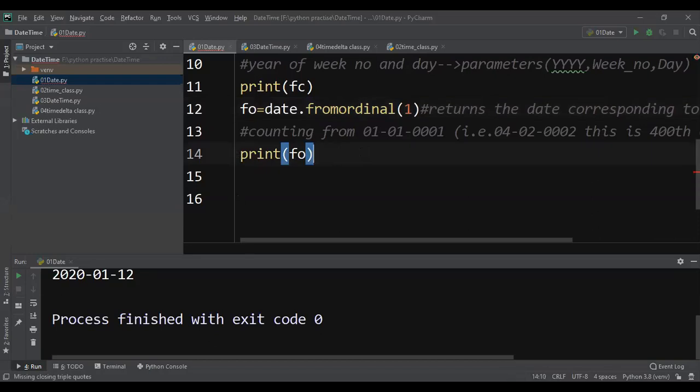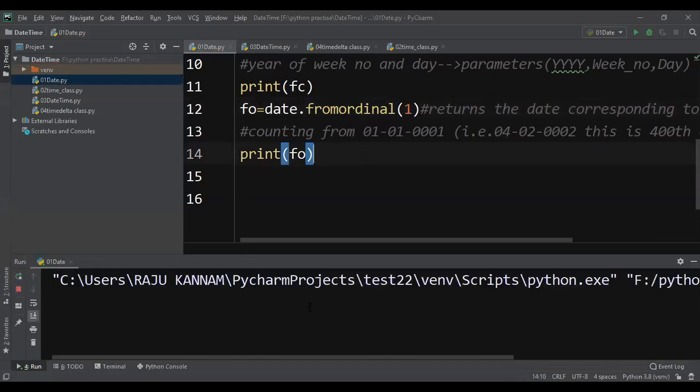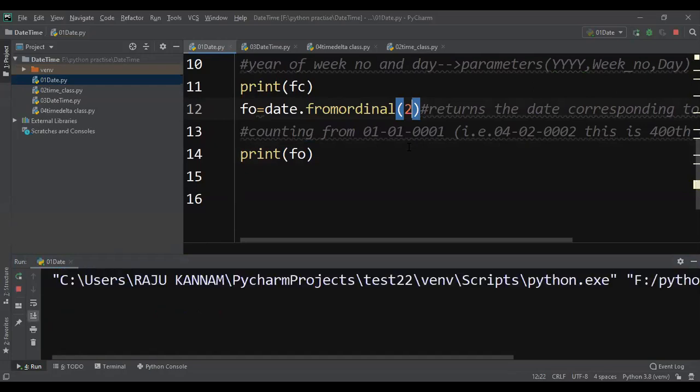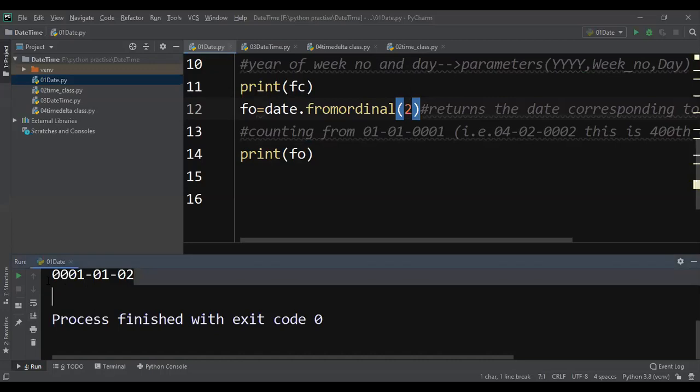It will give the output now. So first day is date 111, that means January 1st 0001. Now if I mention 2 here, so that is second day. Second day means it is 2nd January 0001.